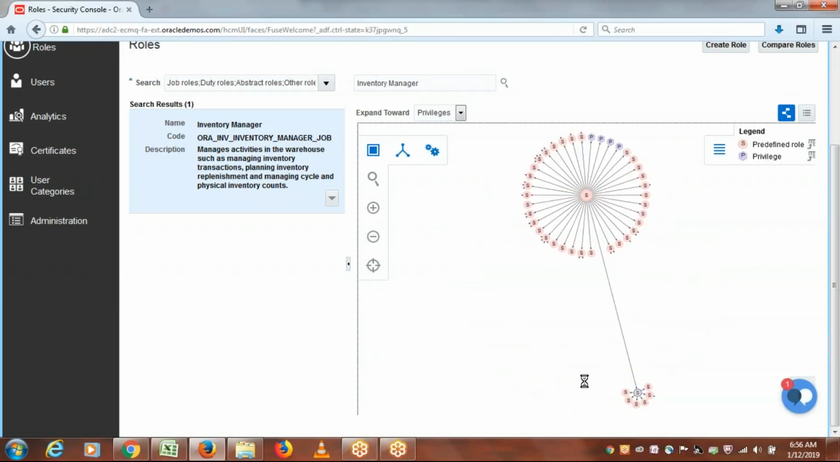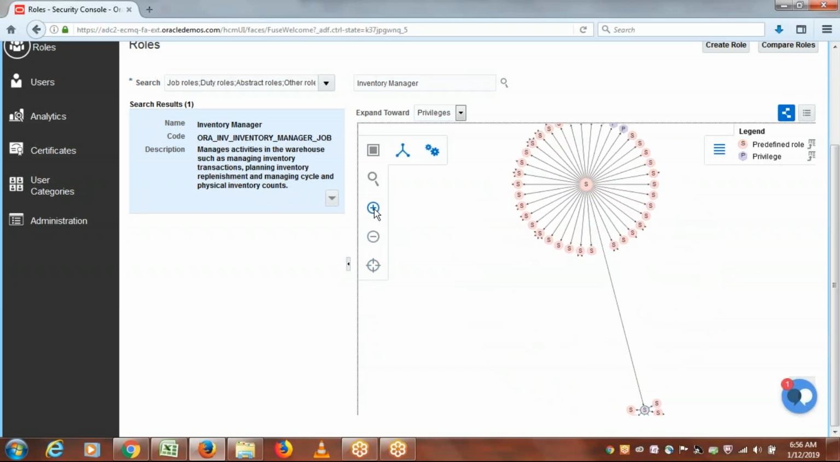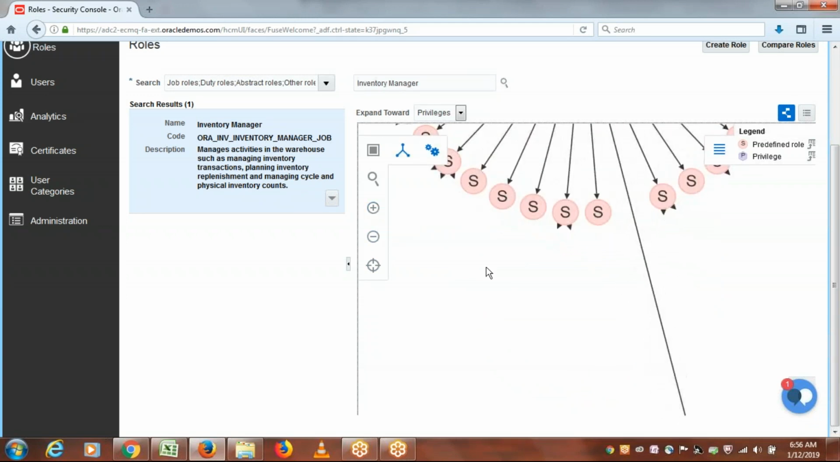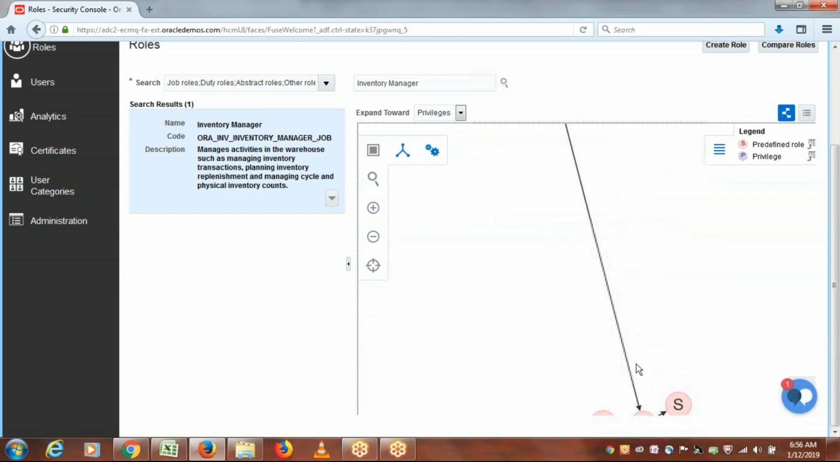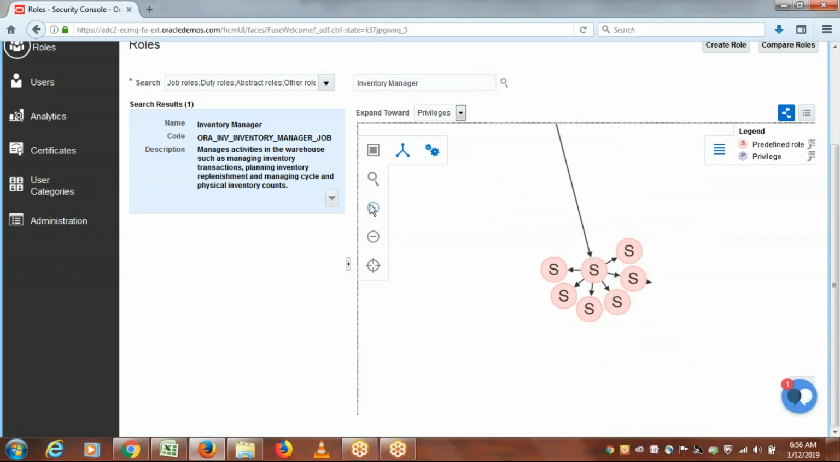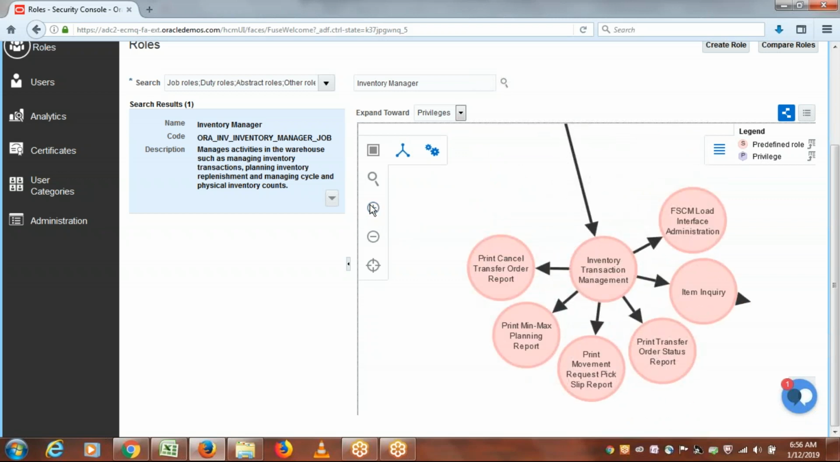Double click and you can just zoom in so that you can see. You can drag a little up so you can find out what privileges the duty role has, which is a part of this inventory manager job role. So it has access to all those. It's more related to print reports and all. In EBS,